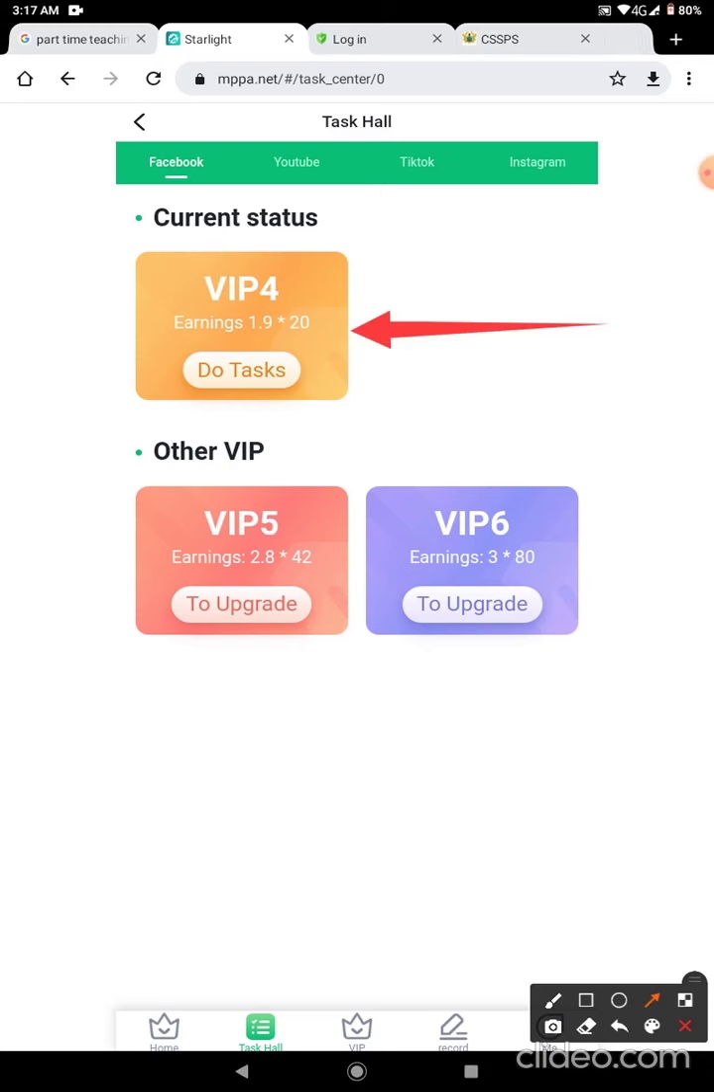Now Starlight gives us various tax on the various social media apps. So when you look here, you can see that it's currently on Facebook. They have YouTube as well, TikTok, and then Instagram. So you'd be the one to select any of the social media handles you'd want to use to perform your tax. But I prefer Facebook, so it's currently on Facebook, so I'll use that. So I just click on do tax,